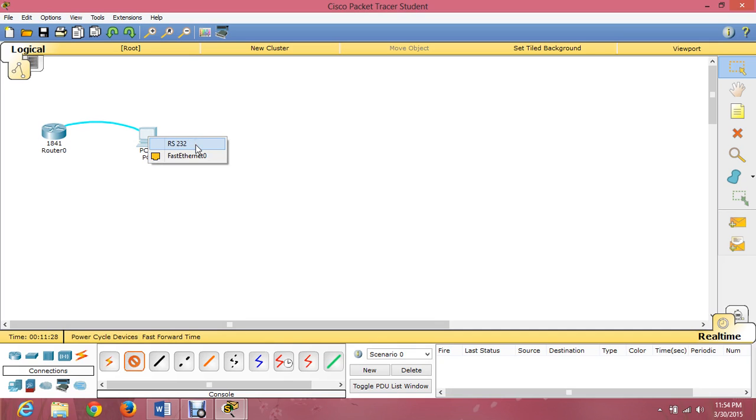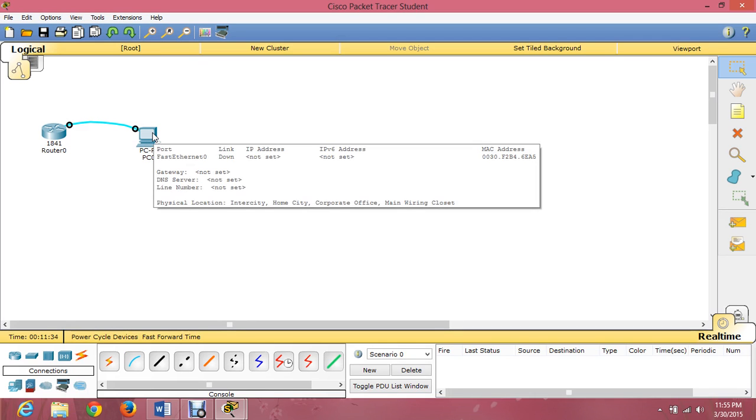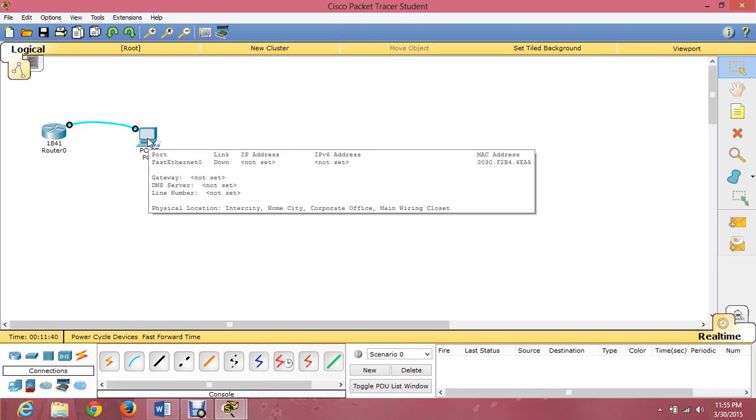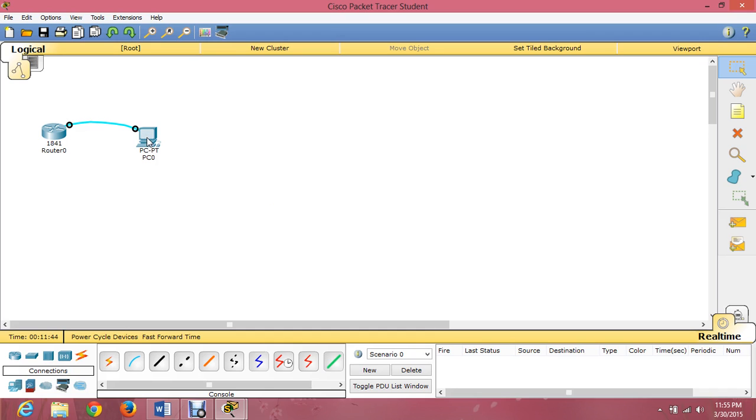Select RS232. It's a serial cable. Then left click on the computer icon.